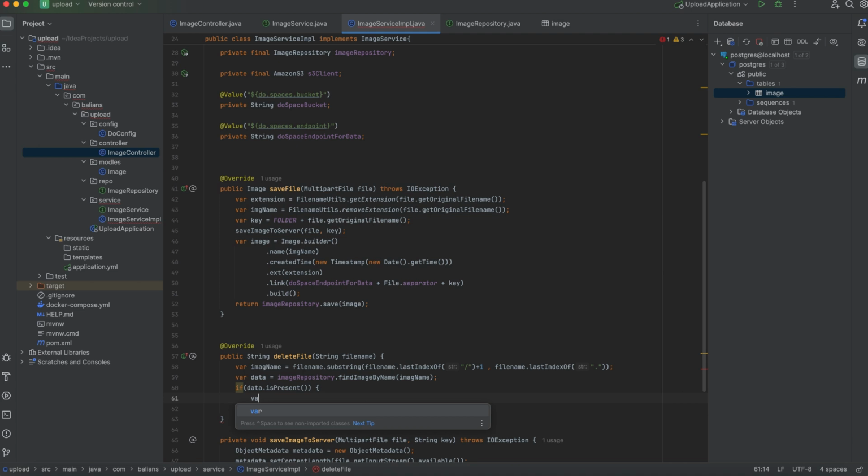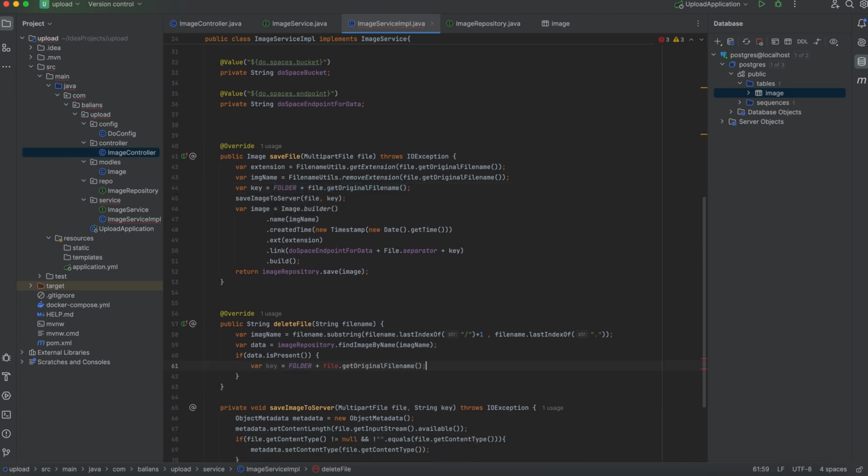So what is the key? Var. The key is the same as we used it up in the creation. Okay. So this is the folder, and this is it. The file name, get original